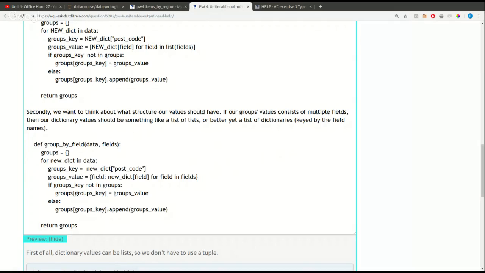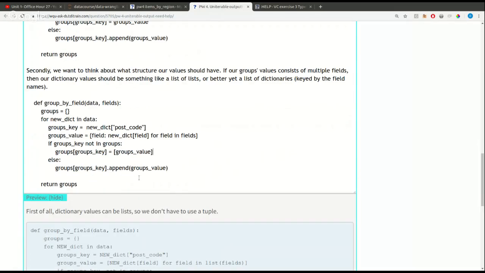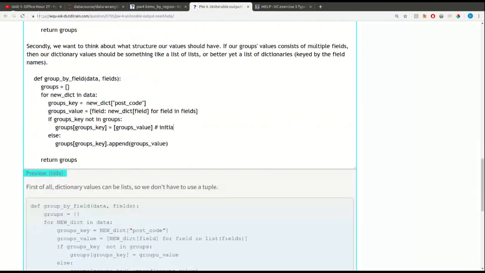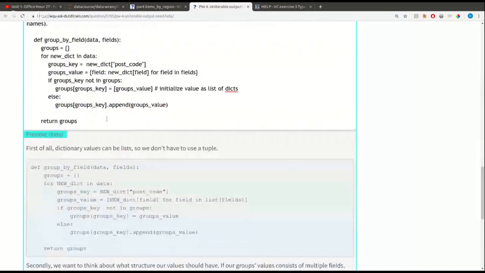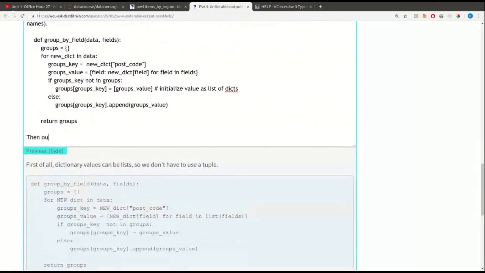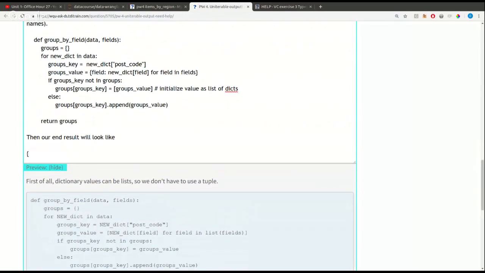So this will have the effect of making our end result look something like,